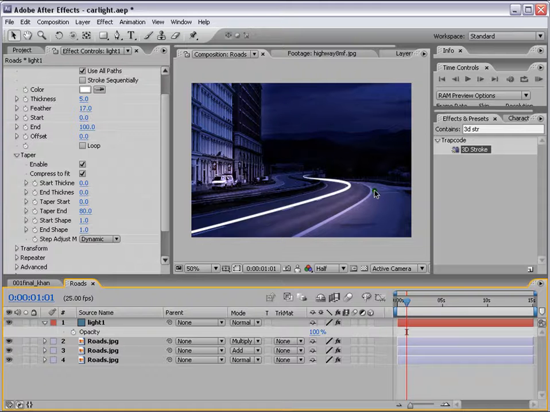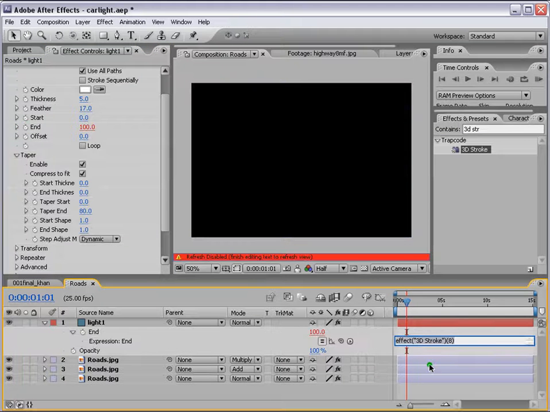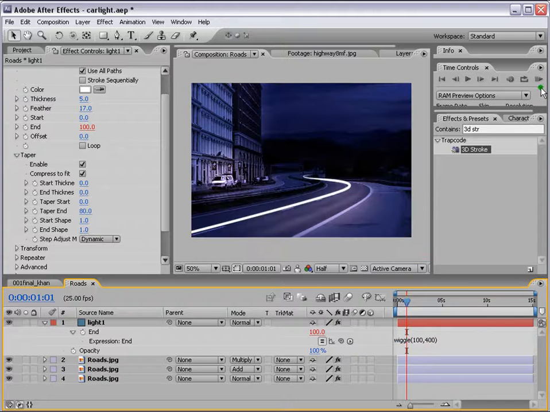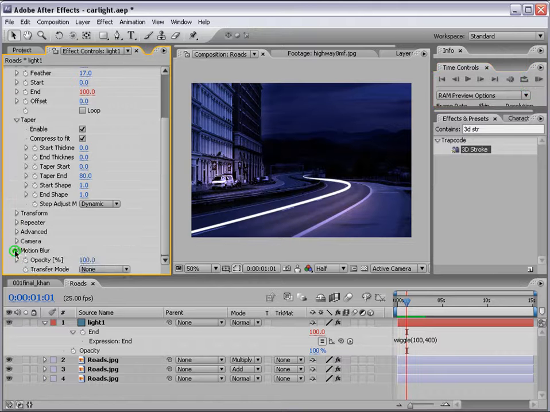The cars are passing by the camera. Put a small expression on the end value here. Again, press Alt on your keyboard and click here, and then we put again wiggle, and let's say probably we'll try different values. Whatever value you put has to be a fast, fast flickering motion. You can also turn on